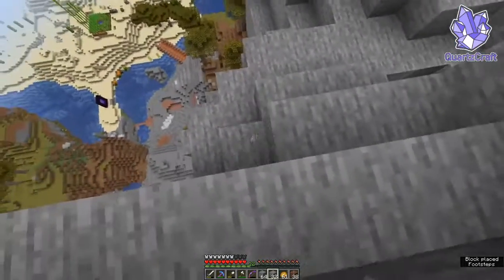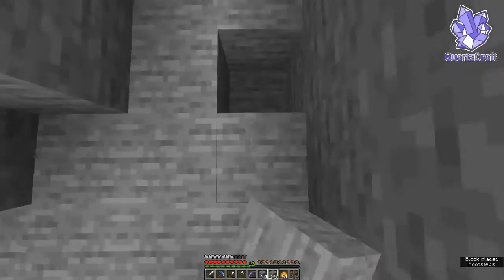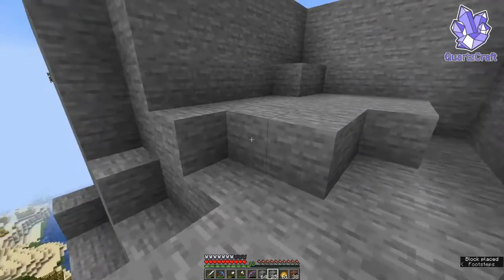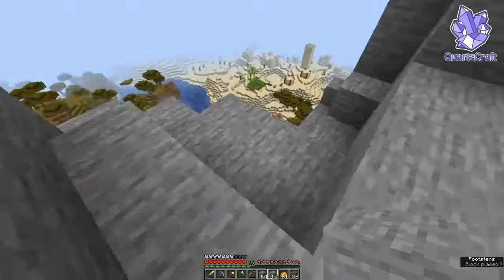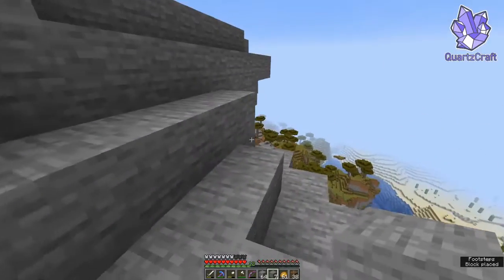Okay, let's fill some of this in here. Oh. It's quite an interesting piece of terrain. I want to kind of still keep it looking natural-ish, but I do want a larger building surface on the top there. We might actually be able to get all this filled in with just what we've dug up from...